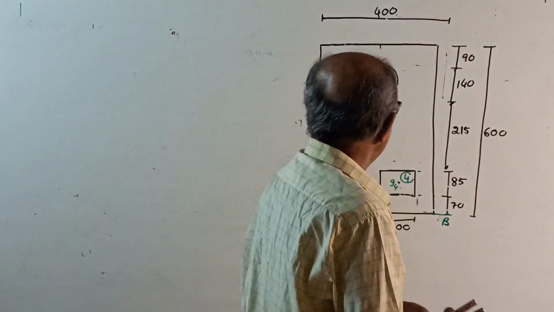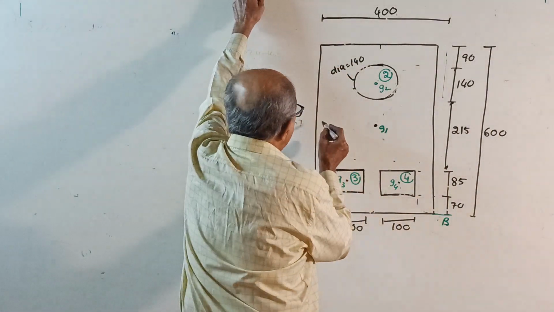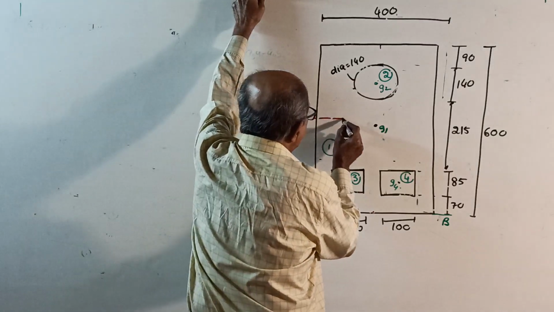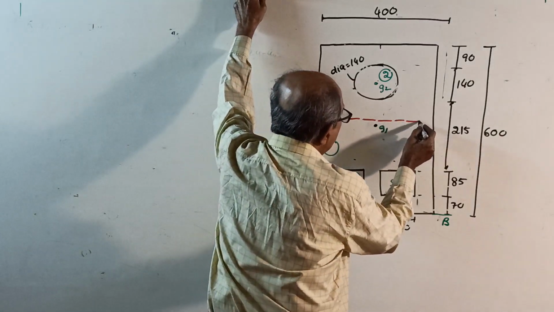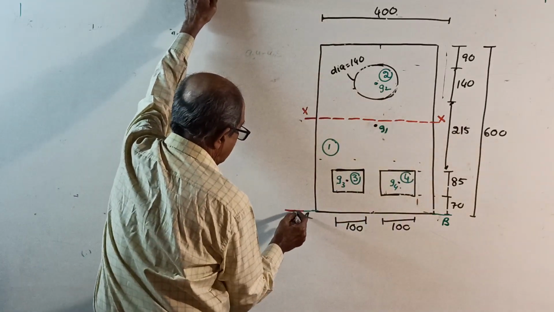304.973 means slightly above. See, last question it came slightly below. This time it came slightly above. So therefore, both are covered. From here to here is